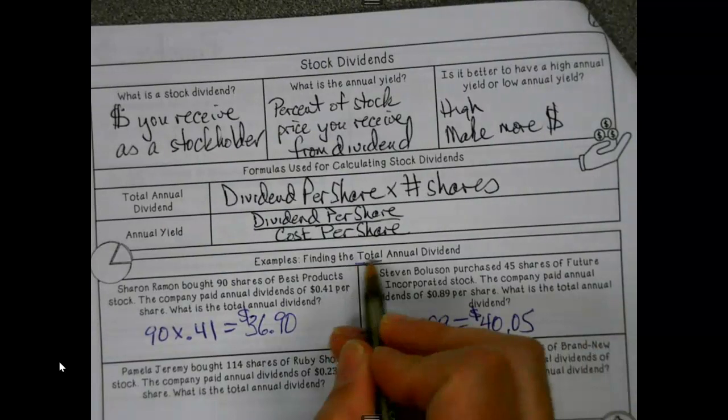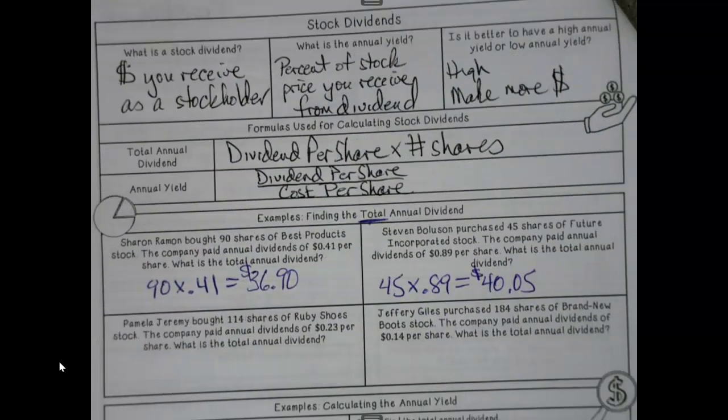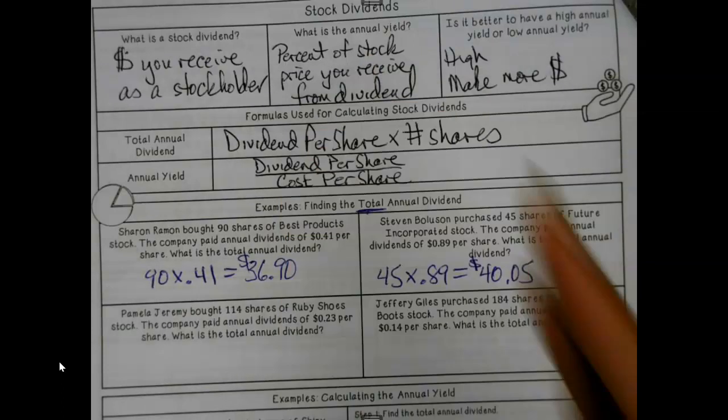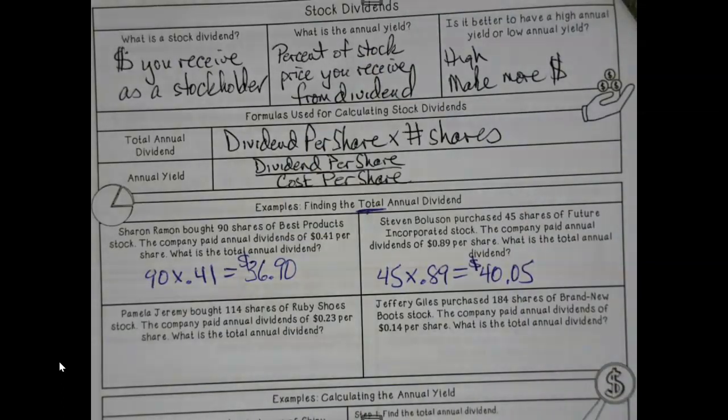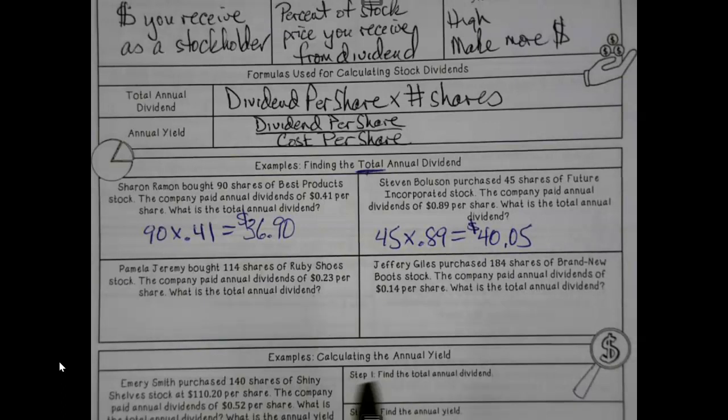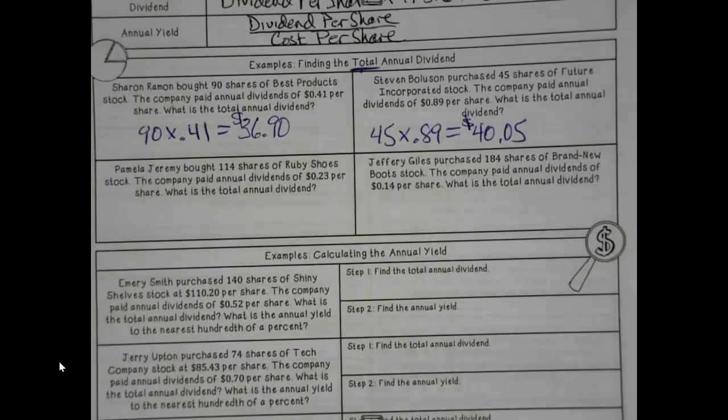So again, total means how much money will be coming back into my pocket if I'm holding this stock when the dividend is given, which is another thing we'll have to talk about, because some dividends aren't just given once a year. Some are given monthly, quarterly, it depends. That's why we have to read carefully to see when we're going to get paid. Now, to figure out what percentage you're getting, a little different story. We're going to have to find the dividend first.